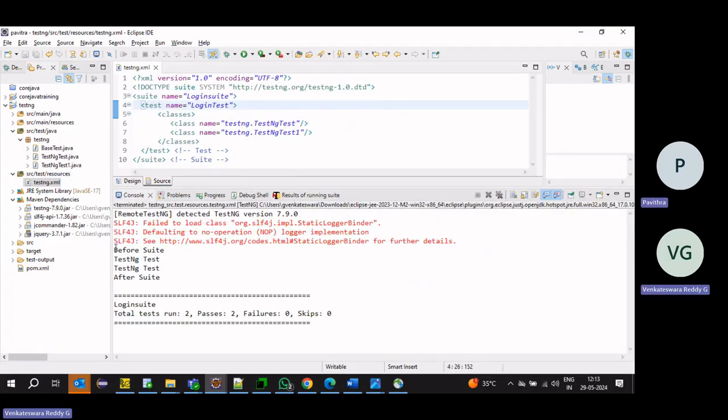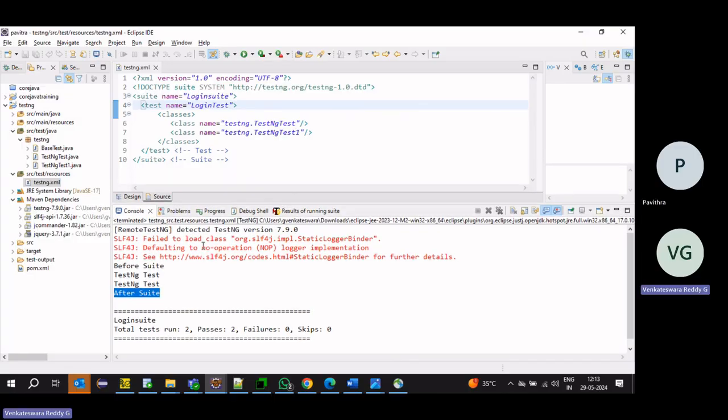Before starting the execution, beforeSuite is executed. Then the test cases are executed. Then afterSuite is executed. That means it will execute only one time, no matter how many classes we have. Before starting the execution, BeforeSuite will execute, and AfterSuite will execute once all the test cases are done.